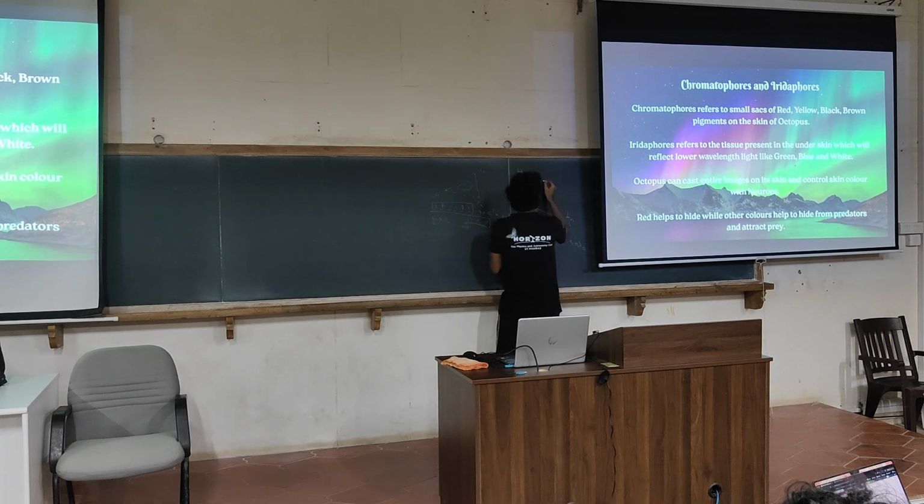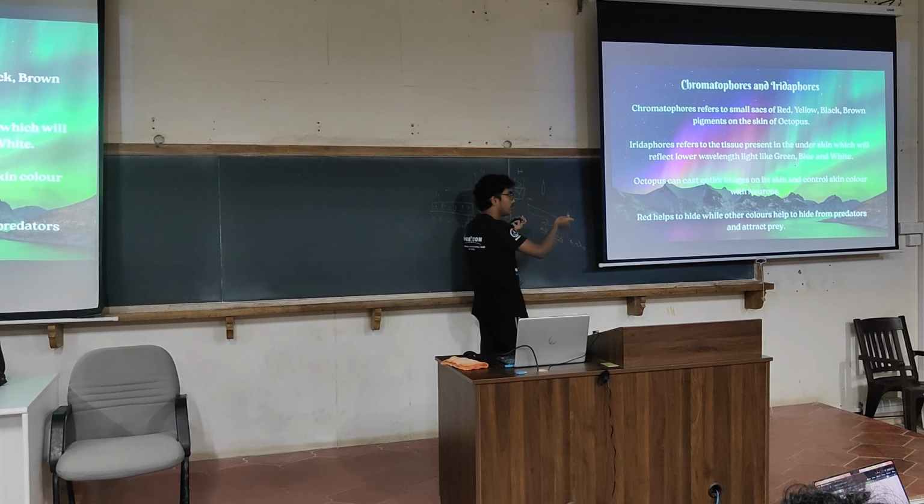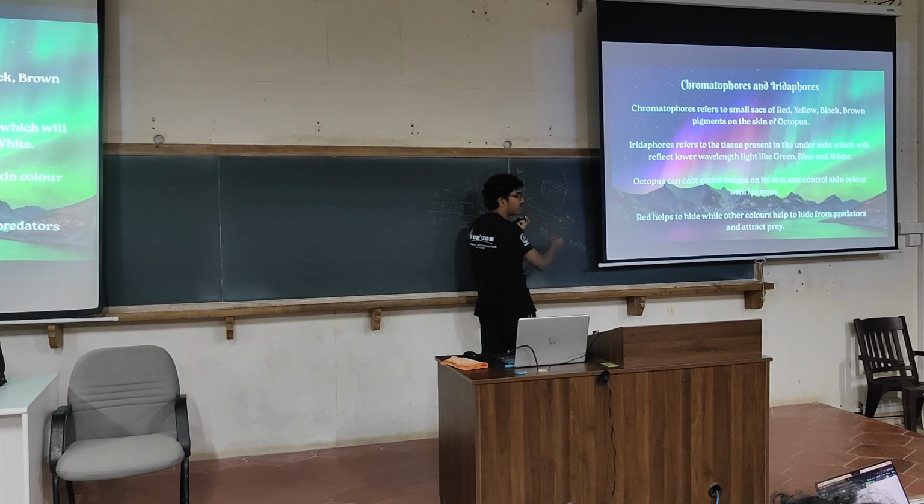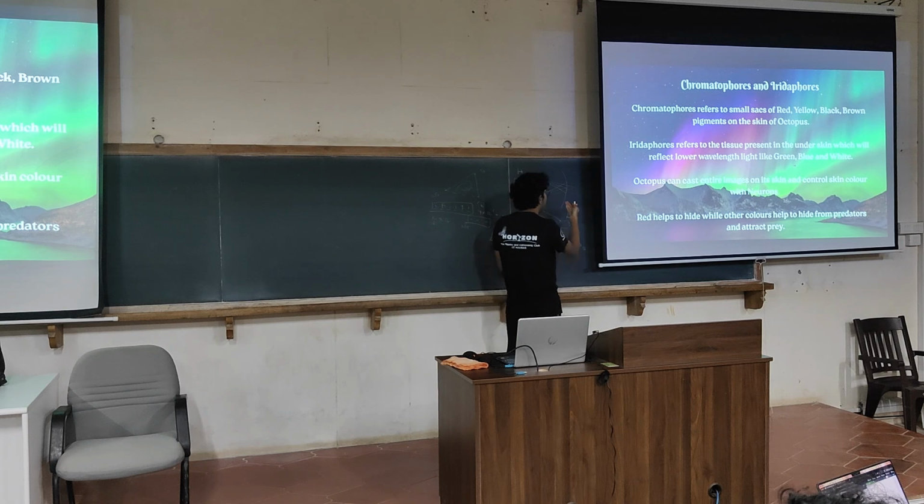So the octopus eye has a lens which has a very high chromatic aberration. So when light enters the lens and hits the retina, only one particular wavelength will get focused exactly. Other wavelengths will not get focused on the retina. There will be a blurred image. Only one particular wavelength will form a clear image. So with the clear images and blur images, the octopus is able to distinguish the color of the objects that are present around it.